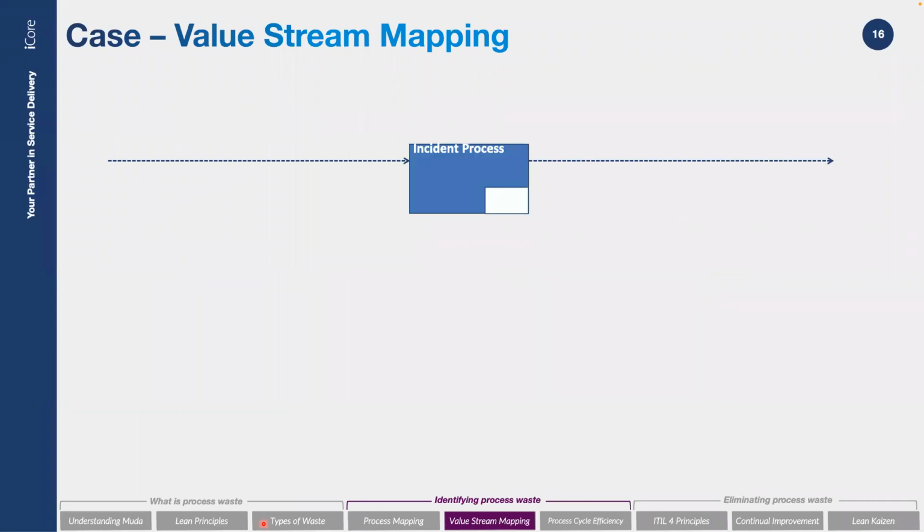So first thing we've got is our process, the incident process that we're going to talk about, with a little bit of information around it. I won't go through it thoroughly, but customers: we've got 20% automated tools, 80% users. Units of work, don't worry about that for the minute. And then alert to a completion of initial diagnosis. That's what we want to achieve within this stream. Because incident is a large process, we've broken it down into sections. We're only going to look at the first real half of the process.